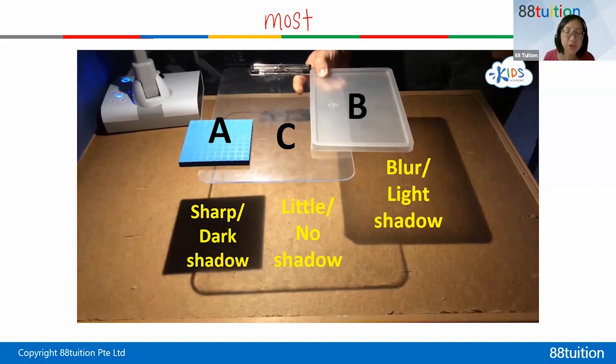All right, can you see if you put your finger underneath C, you can see the finger very well. You look here, can you see the finger here? Then you compare to this. So which material can you see your finger the best? Is it C or B or A? Which material, if you put your finger underneath the material, allows you to see your fingers very, very clearly? Is it A, B, or C? Do you see here? You can see very clearly. You can see the finger, clear.